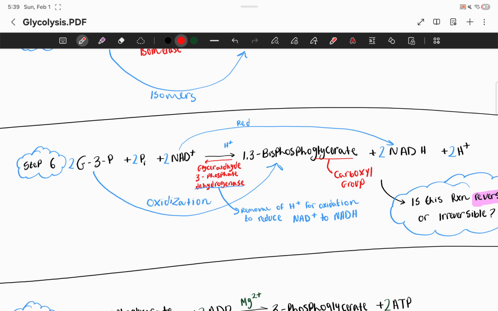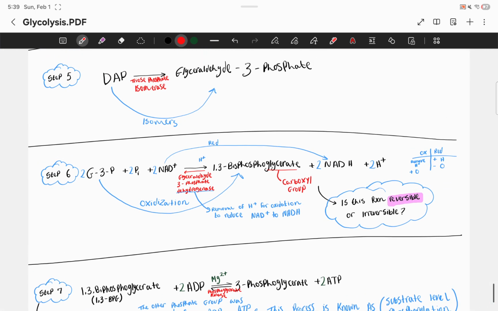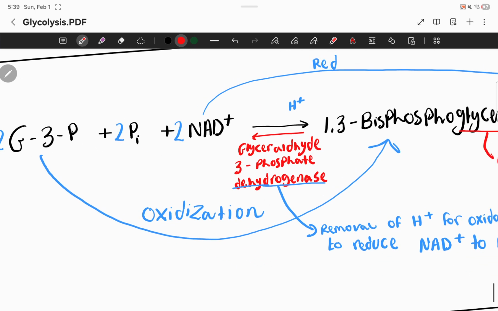Phase 2 is from steps 6 to 10, okay? So now in phase 2, we have the glyceraldehyde 3-phosphate, and basically it's going to oxidize. This is known as an oxidation reaction to 1,3. Wait, let me get my laser pointer. Okay. So this is going to oxidize, known as the oxidation reaction to 1,3